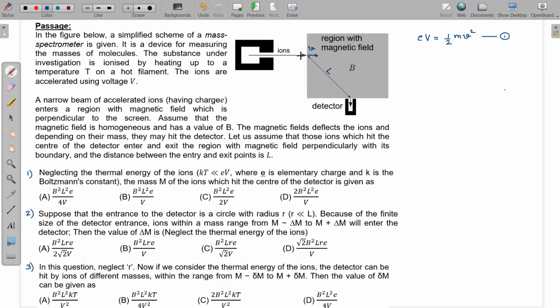And when they enter the region of magnetic field, you can see that from v cross B, let us suppose the magnetic field is out of the screen, only then it will be deflected in the downward direction. But we know that the magnetic force is perpendicular to the velocity. So when it enters this region of magnetic field, the force acting on this particle will be in this downward direction. Okay, so this particle is moving in a uniform magnetic field. So definitely we can say that the path of the particle is going to be a portion of a circle, or an arc of a circle.